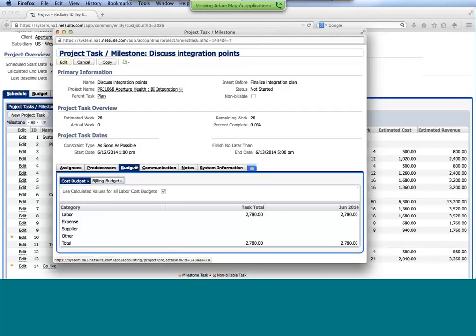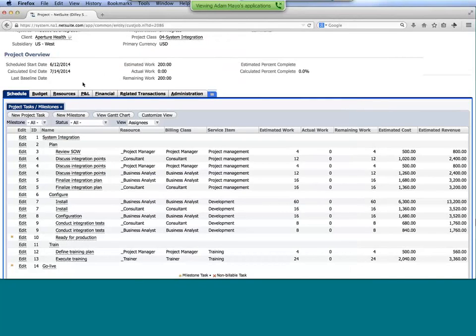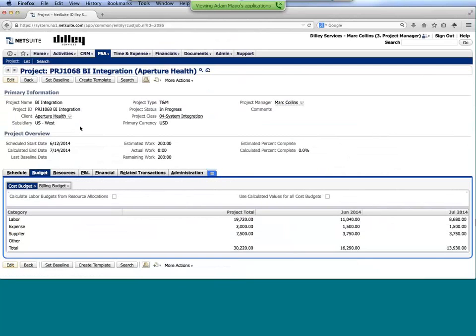So with this budget information in mind, you'll see that we have both the cost and billing, and I'm on an individual task. So you can go to that level of detail if necessary, but you'll also notice directly in the project we have a budget tab. From here, I can say take all the task budget amounts and populate and show me at my project level. So a bottoms-up approach where we're going to go in and budget for that.